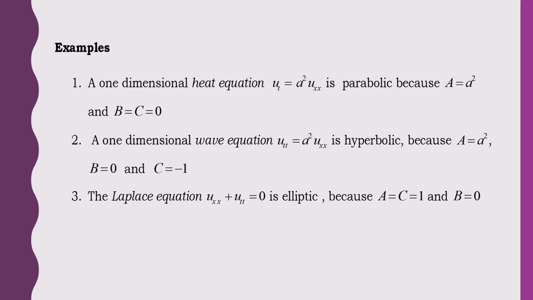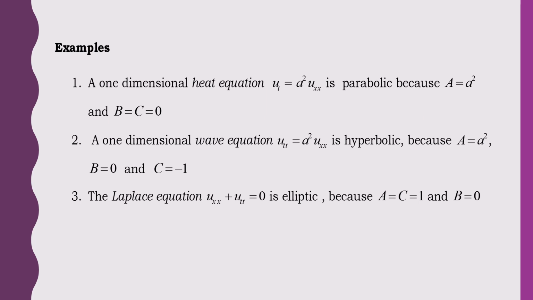If we compare this equation with the general form A u_xx plus B u_xt plus C u_tt plus D u_x plus E u_t plus F u equals 0, then we can see that capital A equals a square, capital B equals 0, C equals 0, capital D equals 0, E equals -1,